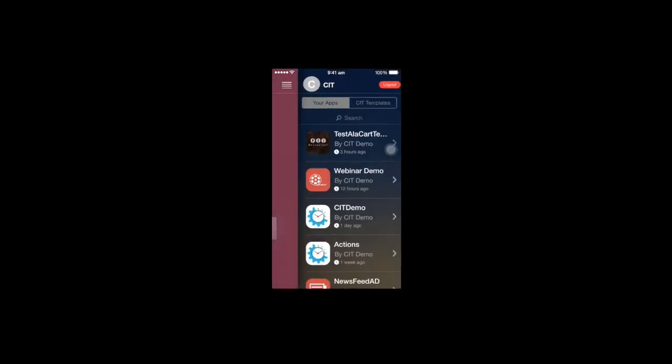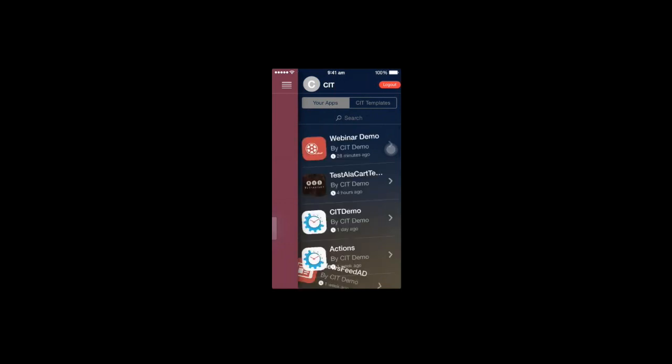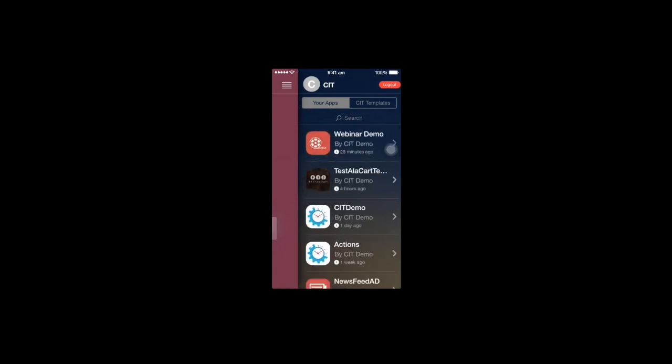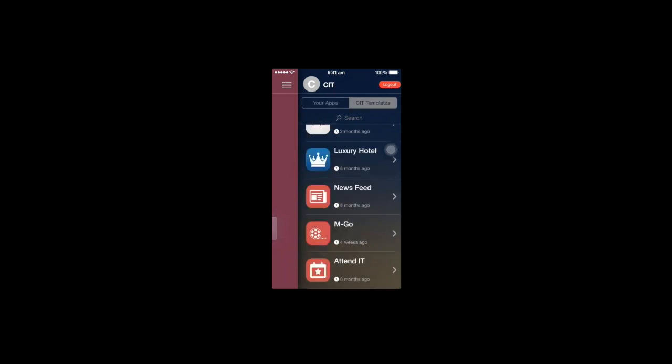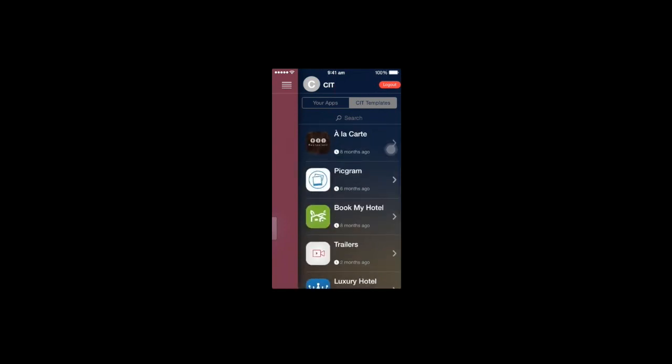It shows you the different projects that you already have in your account, and you also have an option to see the pre-built templates. Now these are the same templates that you saw at the time of creating a new project. You can see and preview these templates before you actually go about creating. So you might want to just check out how these templates work before you actually go about creating